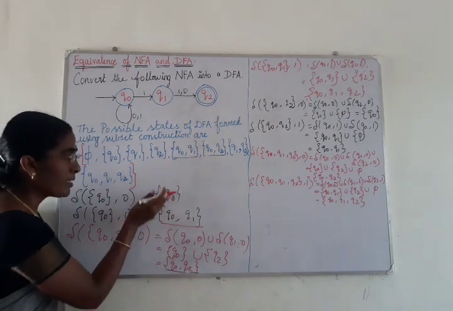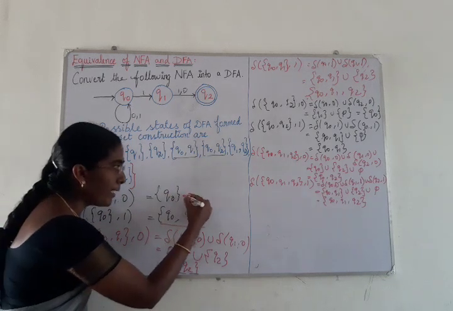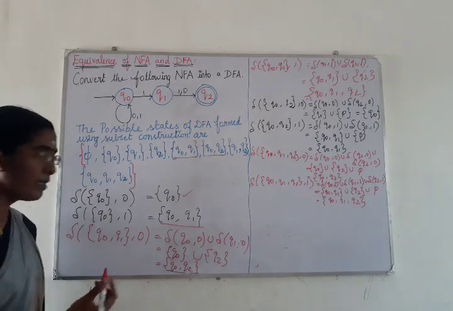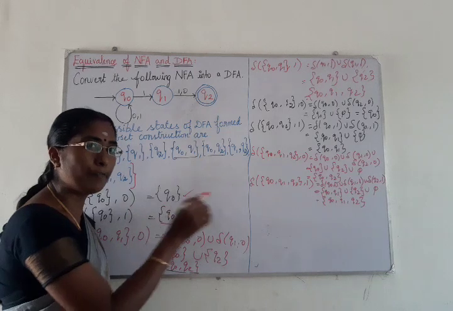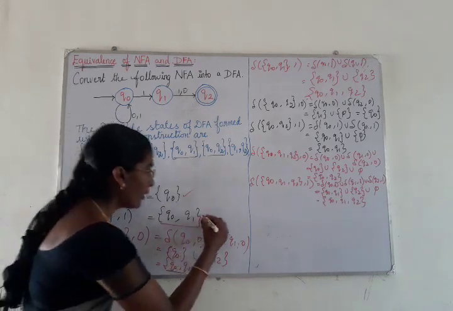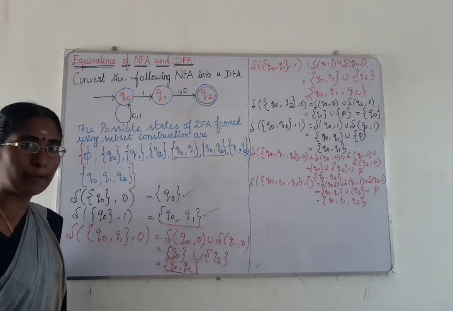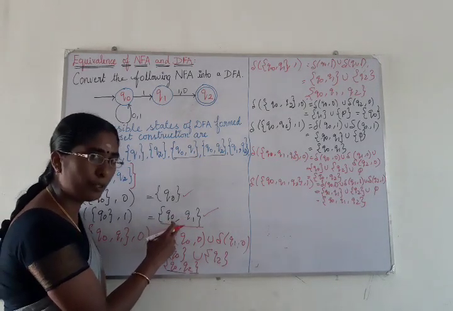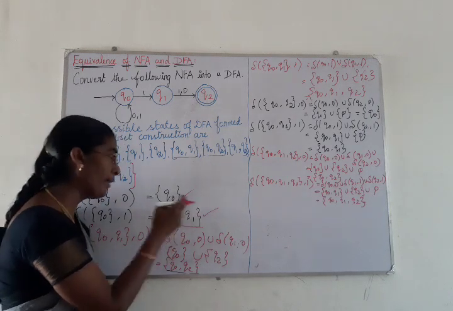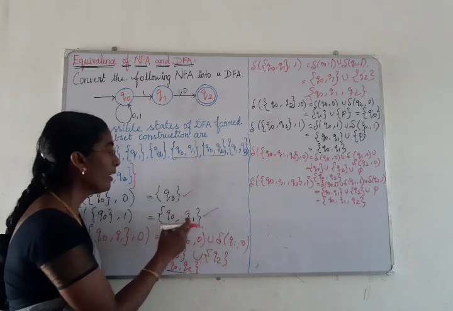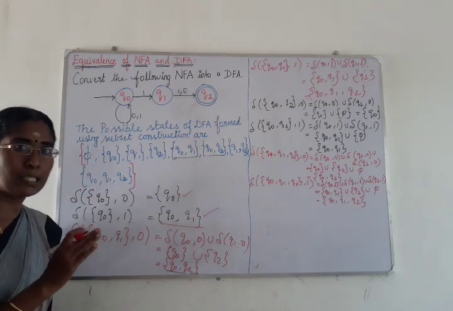Here the states reached from the start state are Q0, which is already an existing state, no problem with that, and the next one is Q0, Q1. Now this is a new state for constructing the DFA. For this state we have to find the transitions for the input symbol 0 and for the input symbol 1. Q0, Q1 will be considered as a single state.